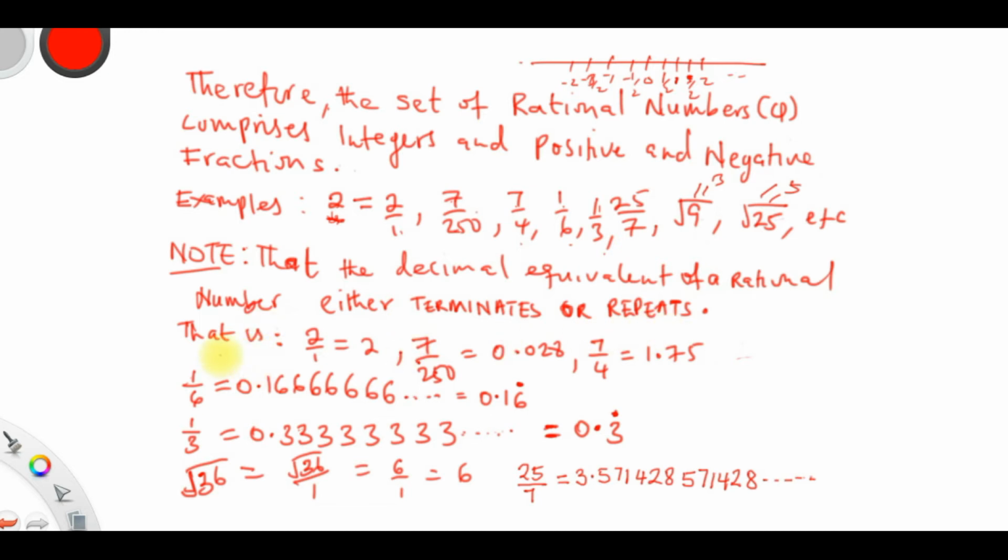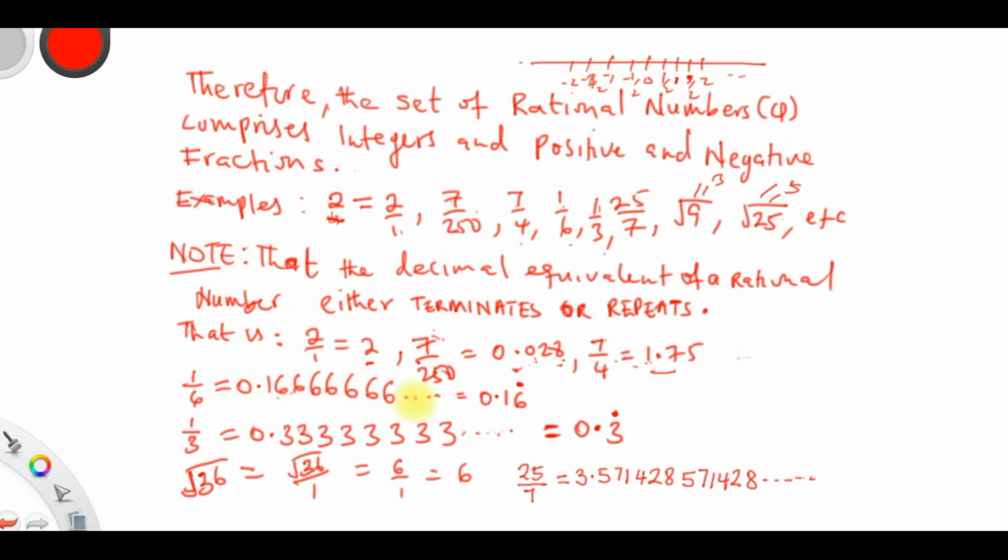So let us look at these examples. There is a unique feature that characterizes the set of rational numbers. So 2 is a rational number, which is the same as 2 over 1, and that is the same as 2. 7 over 250 is a fraction, which is a rational number. Its decimal equivalent is 0.028. Then 7 over 4 is a fraction, and its decimal, 1.75, is also a rational number. However, if you consider 1 over 6,